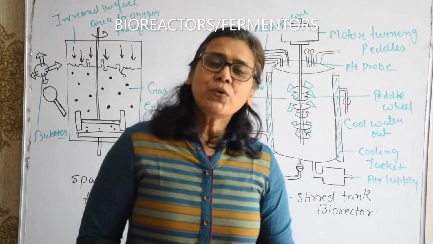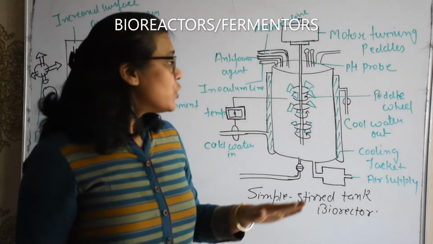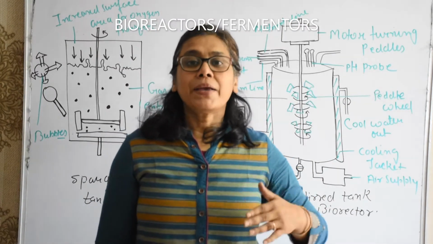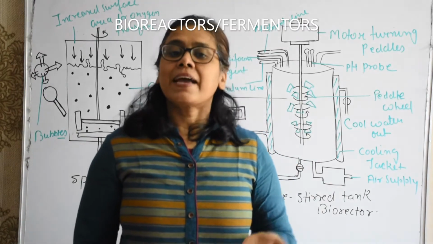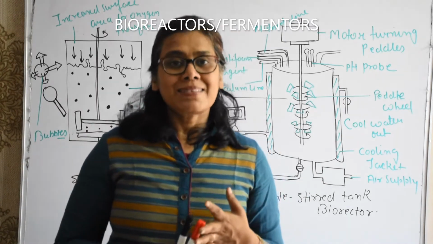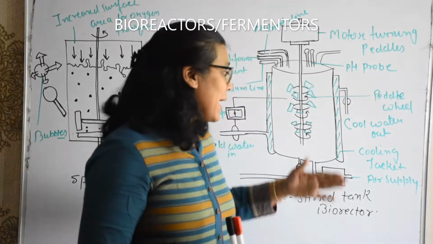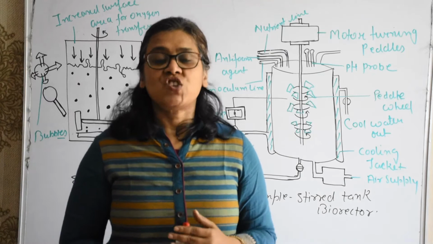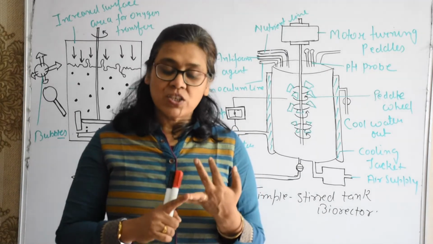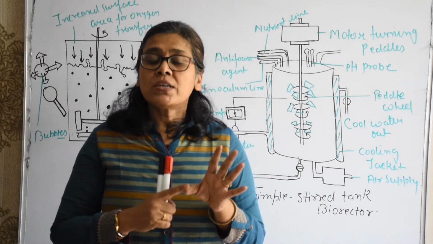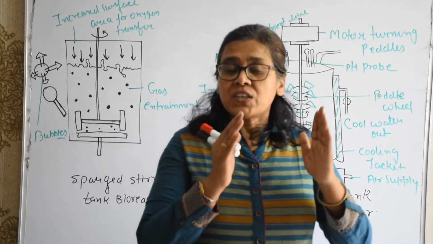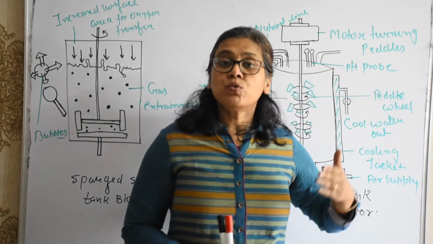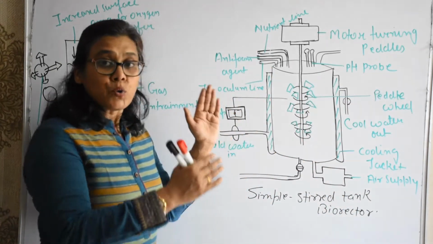What is a bioreactor? Bioreactors are vessels in which the raw material is biologically converted into useful products by using living cells, and these living cells can be bacterial cells, plant cells, animal cells, or their enzymes. Bioreactors provide optimum growth conditions, for example pH, temperature, substrate, oxygen, salt, etc. All the optimum conditions for growth are provided by the bioreactors, and they can process up to 100 liters to 1000 liters.